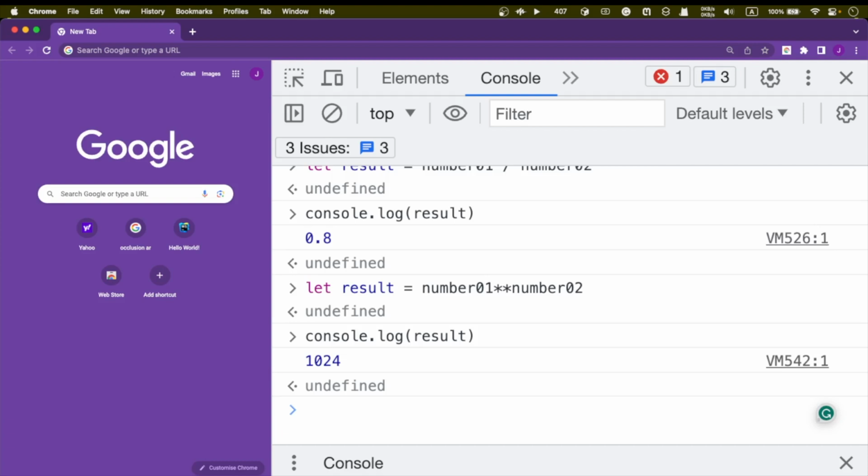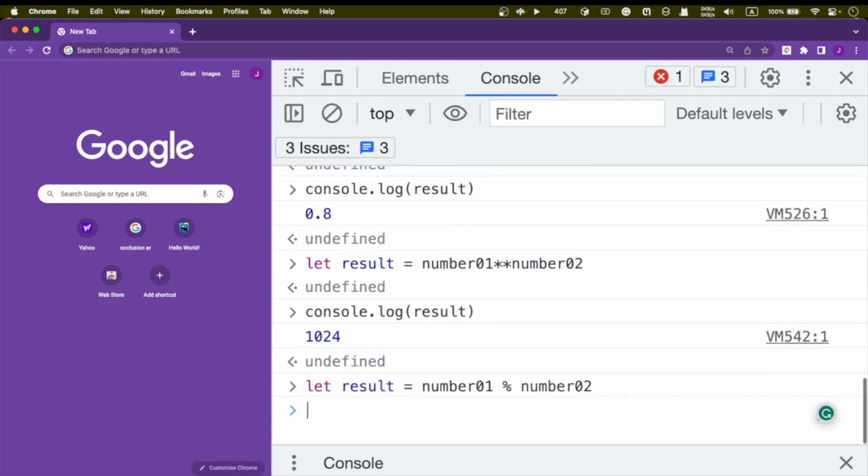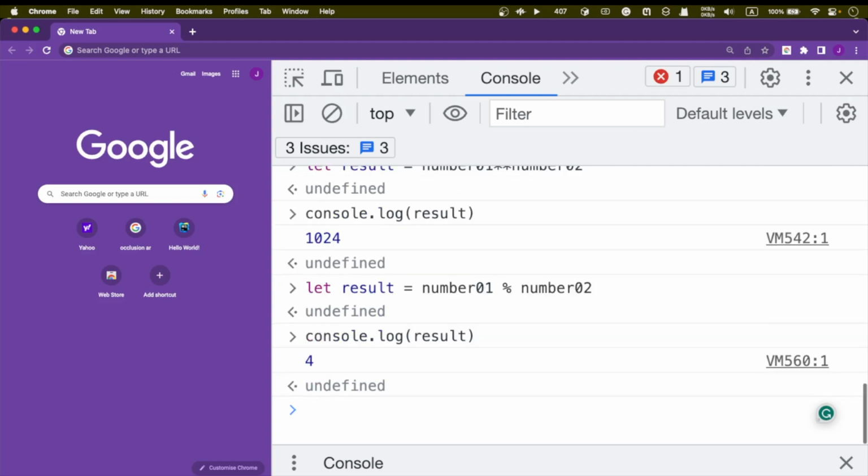Okay, so yeah, and of course let's do a division, but get a reminder of it. So you can use this. Of course, you can add space. It does not change the results. It's just easier for the eye. Okay, and you can get the result. It's 4, and this